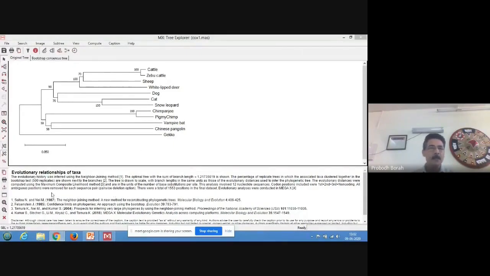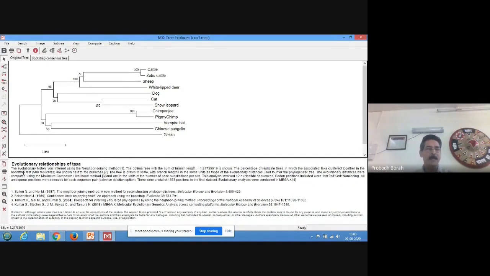Here it has given you the indications, what analysis was done and what is represented by the figure. You see, evolutionary relationships of taxa: the evolutionary history was inferred using the neighbor joining method. The optimal tree with the sum of branch length equal to this much is shown. This is not important for us to study, but what I'll be emphasizing is